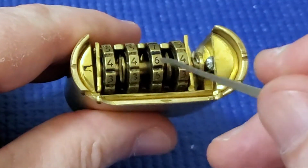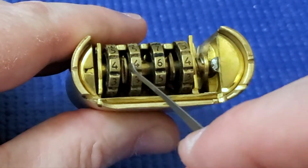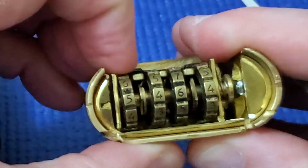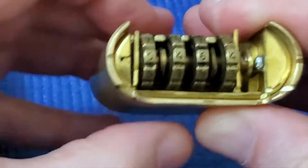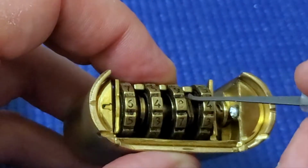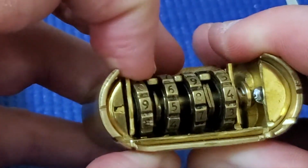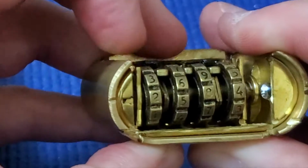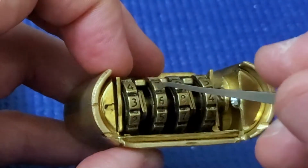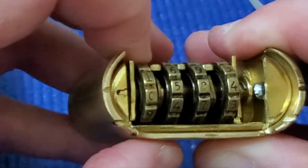You can see that these two wheels here move, two little wheels on the inside between them, and the first and second wheel turn these two levers, so that if you get them just in the right place, I'll see if I can do it on camera. So you can see those two flat pieces there. If they turn over under, I'll just turn them one by one so that they're